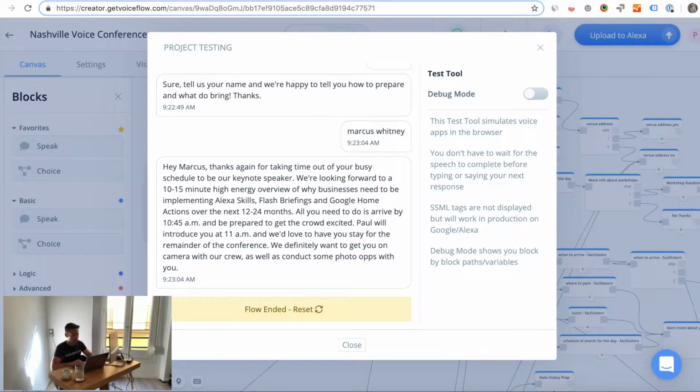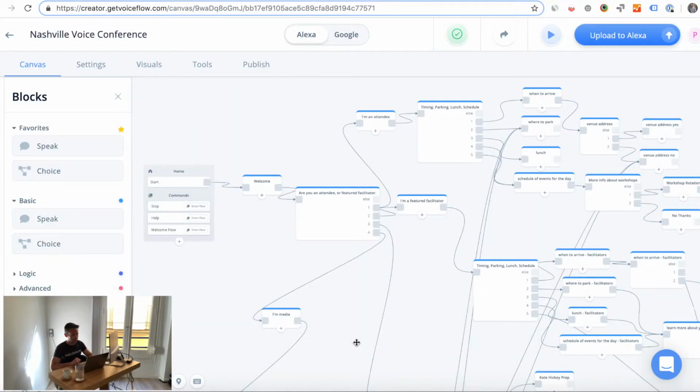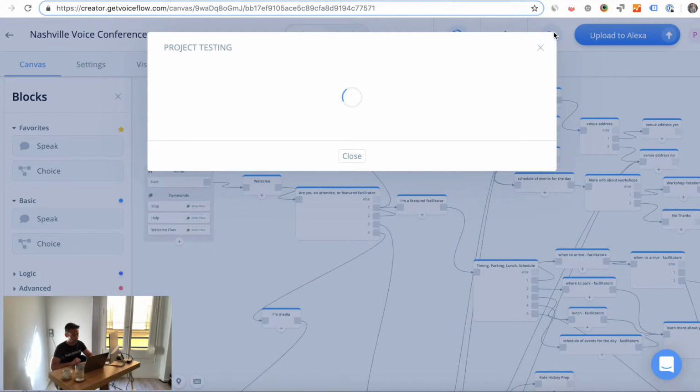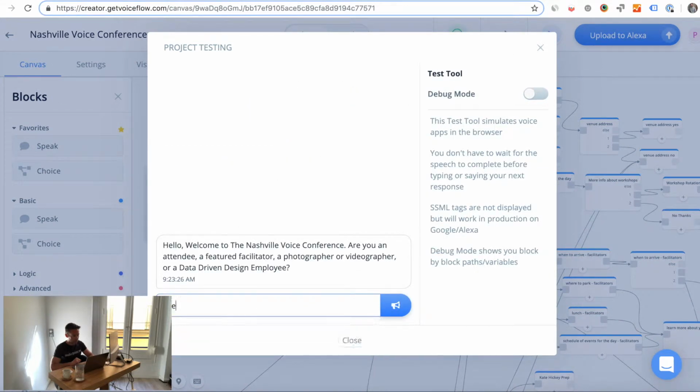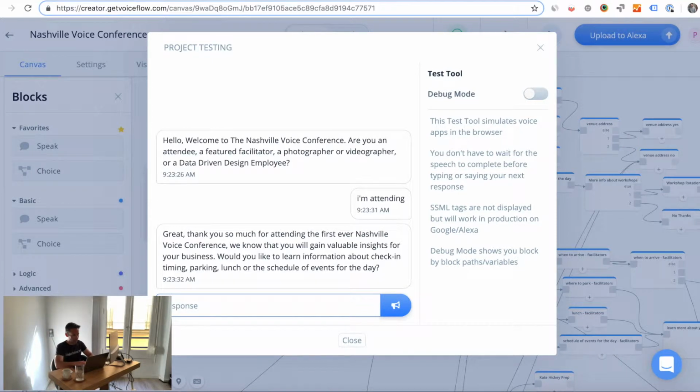Now if I want to test this for an attendee, I can do the same thing. I can say attendee, or I can say I'm attending even, because I have that in as a synonym for attendee. And it says, great, thank you so much for attending the first ever Nashville Voice Conference. We know that you will gain valuable insights for your business. Would you like to learn information about check-in, timing, parking, lunch, or schedule events for the day? And I can put